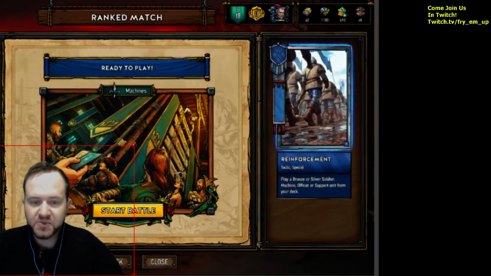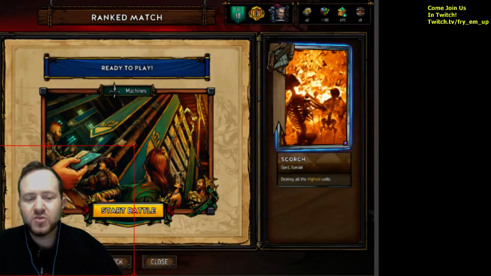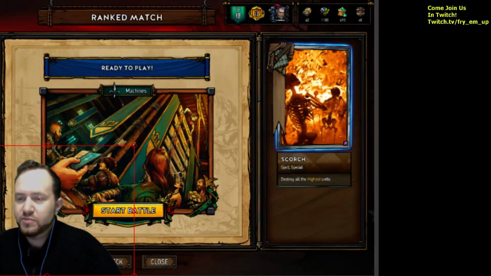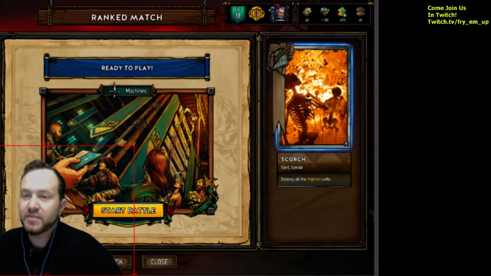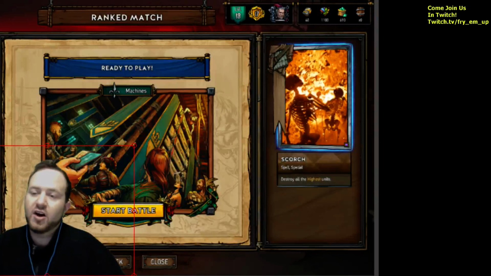You want to use reinforcement to go and get that. Very versatile card. Scorch is a removal card. I'm now going to really start explaining how to play this deck. This is a control deck, meaning that you want to really try to focus on the opponent's minions that are